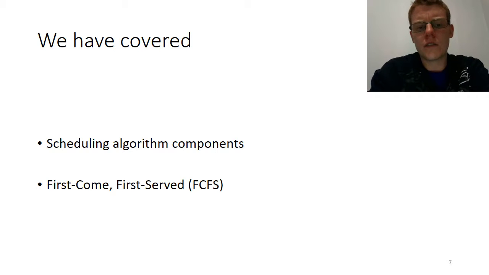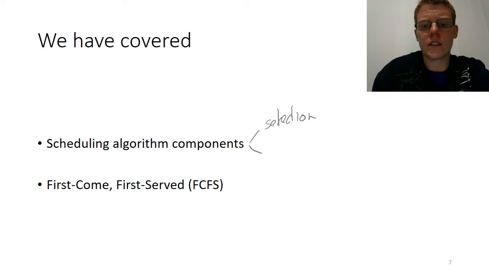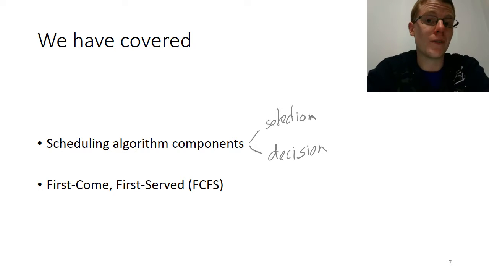So we've covered some of the basic scheduling algorithm components. So remember we sort of broke it down into 2 rough categories. The selection function, which was which process do we choose to run next, and the decision mode, which was at this point all we're concerned about is whether it is preemptive or non-preemptive. We'll discuss further in the lectures. And we also went through one example of first come first served, seeing how it works,